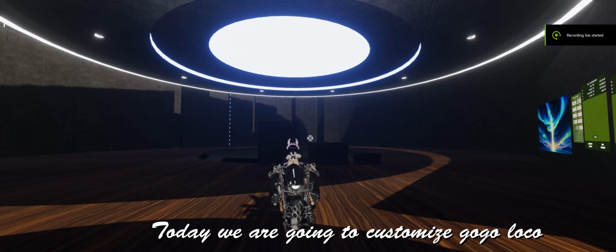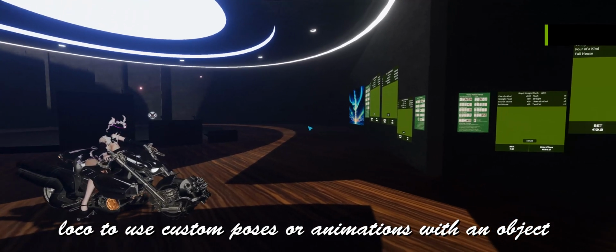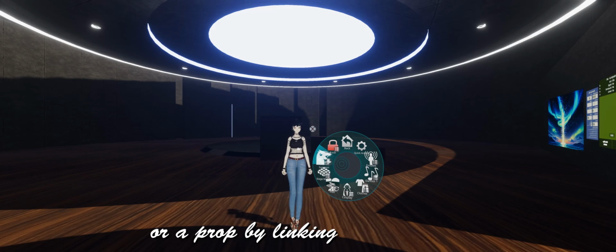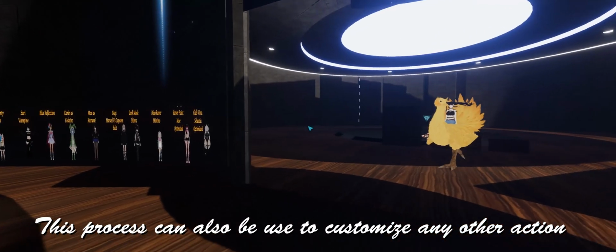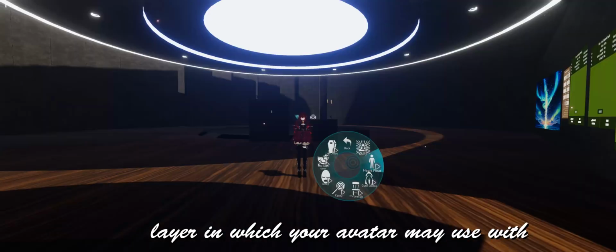Today we are going to customize Gogoloco to use custom poses or animations with an object or a prop by linking the action layer with the FX layer. This process can also be used to customize any other action layer